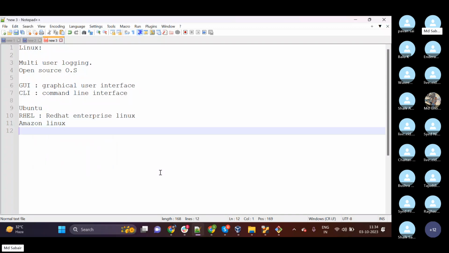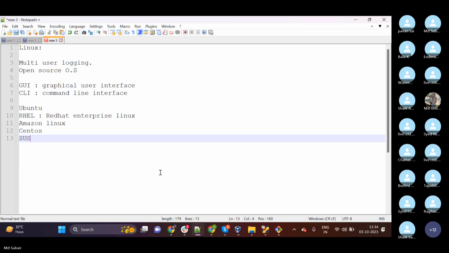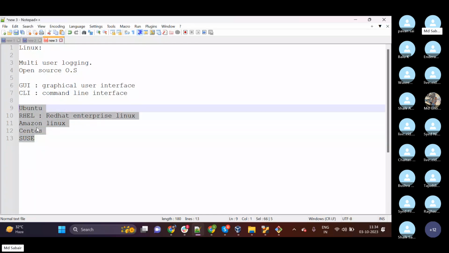This is one example, and then we have CentOS. We have SUSE. So there are a lot of flavors available in Linux operating systems, and these are some of the very important flavors which are available.